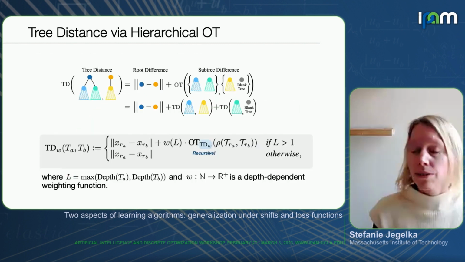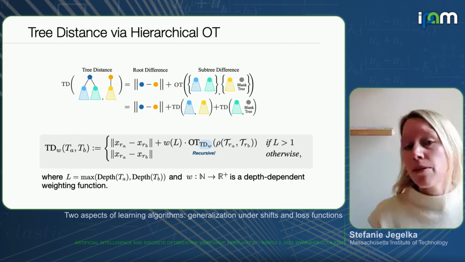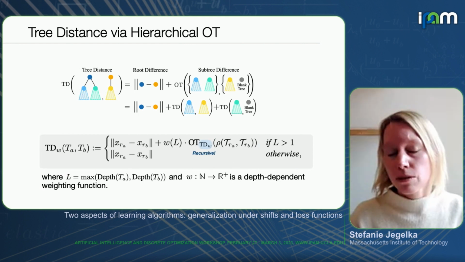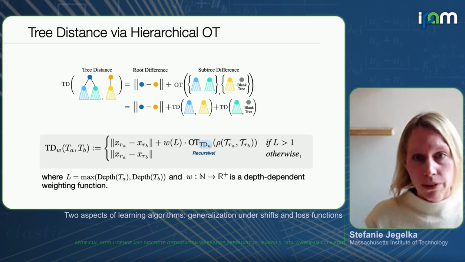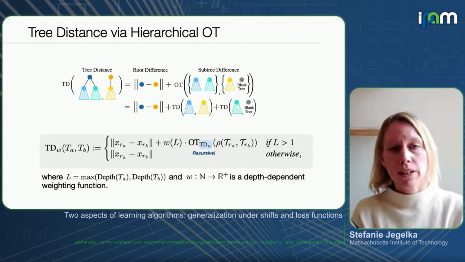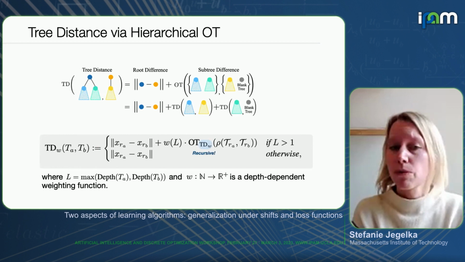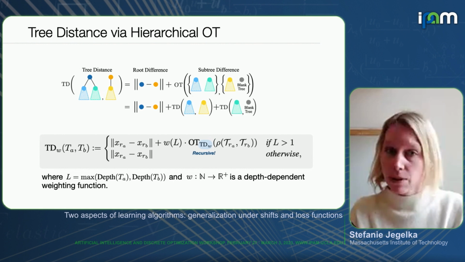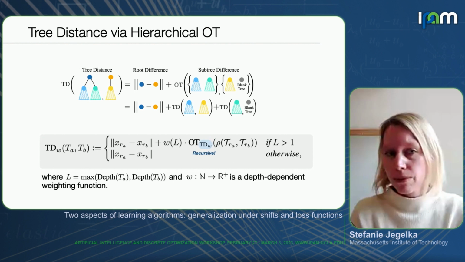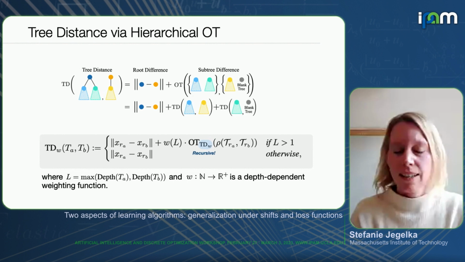The choice we made here is to compute a distance that is very related to the computational structure of my graph neural network. It's essentially a recursive optimal transport distance, and it works as follows. I have my two trees. I compare their roots with some Euclidean distance, for instance, just by the features of the roots. Then I compute recursively the distance between their subtrees. So now I chop off the root, I have two sets of subtrees, and I compare those recursively. That's essentially what we are doing.